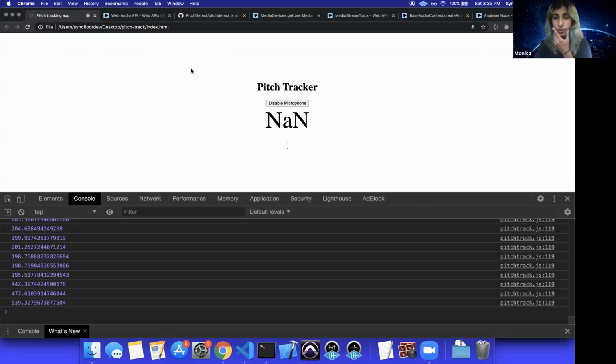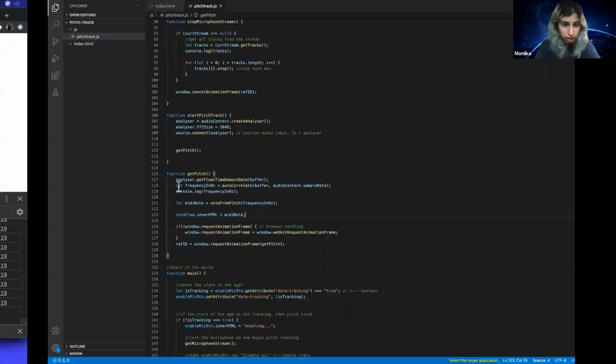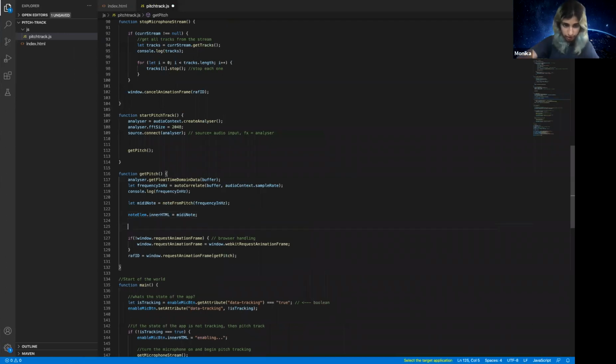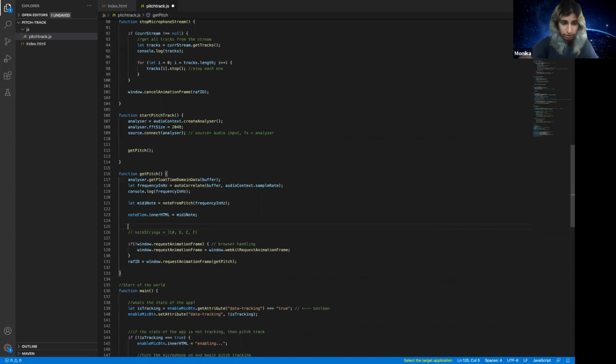So this is not really intelligible. We need to convert this to note strings. To do that, we need an array of note strings, right? And a really interesting, easy but not readable way to actually achieve this is we got to